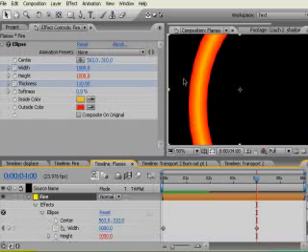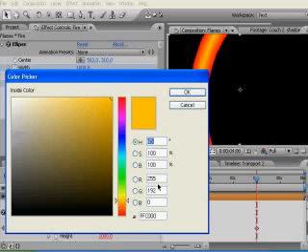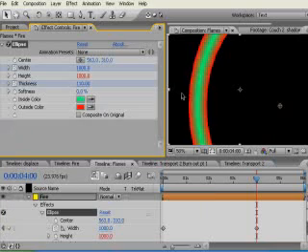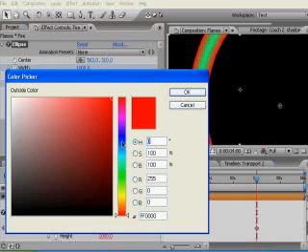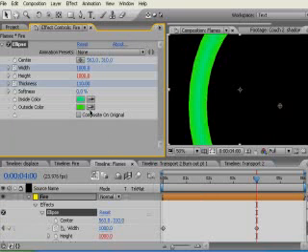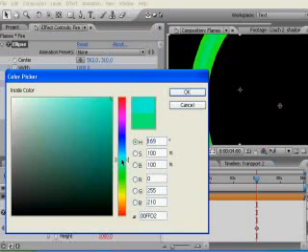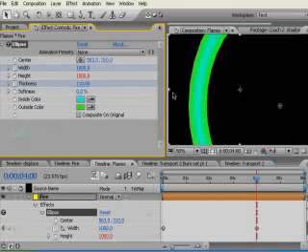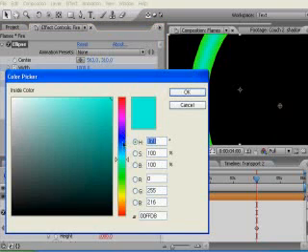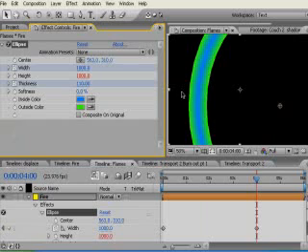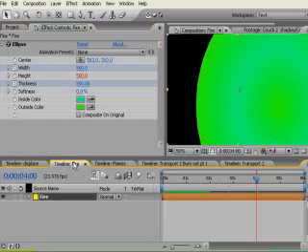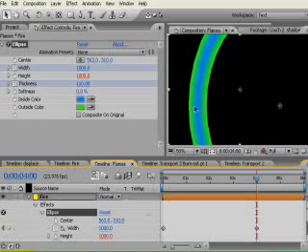This is also the layer where you can control what color you want your plasma to be. So let's go ahead and say we want a kind of a weird green color here. It's a little bit too bright, so I'm going to change that color, maybe a little bit of a bluish. Maybe a lot blue there. Let's try that. Now, if you notice here, between the fire layer and the flames layer,